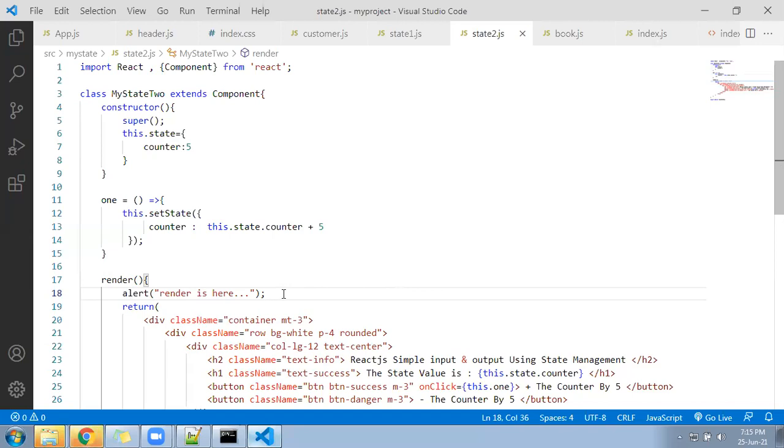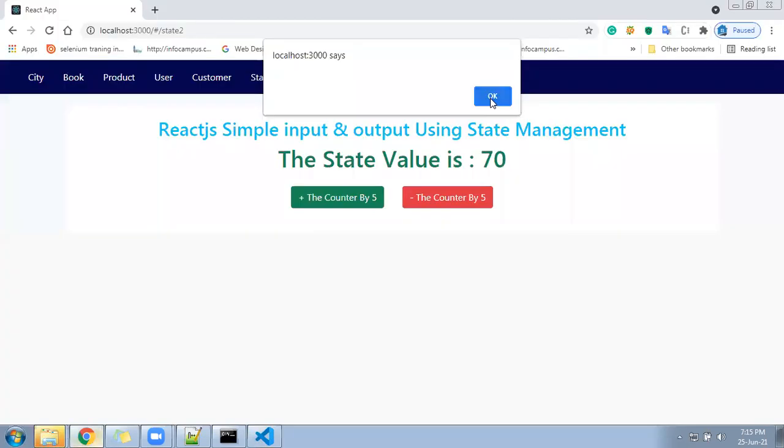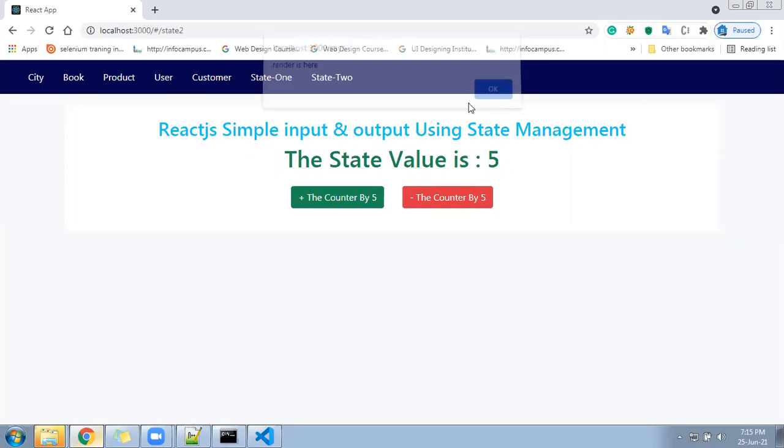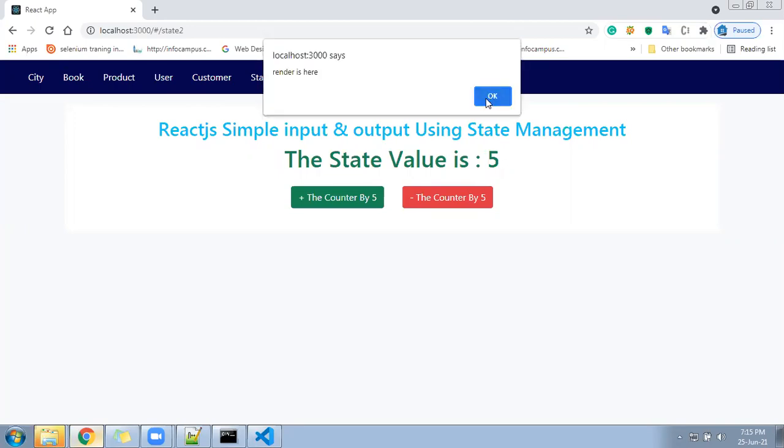Okay, save the file, go to the browser, you will get the alert. The first alert is coming. As soon as your page reloads, you will get an alert, because the render function will execute. The render function will execute, then only you will get the output. See, the render function has executed and "render is here" has come.